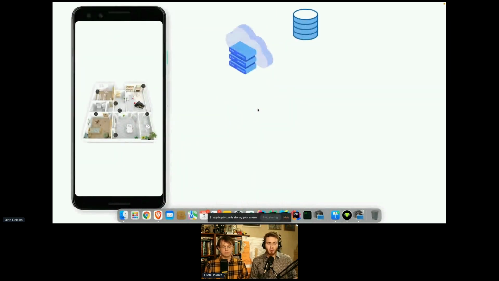Before we get to the temperature, you may wonder how we can get to that point, or what's going on behind the scenes on our server. Behind the scenes, we have a simple server and a simple database, and all the information about users is stored inside this database.